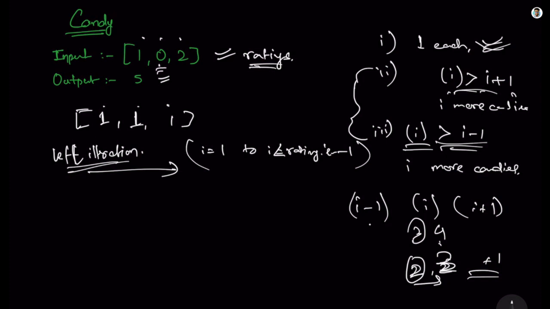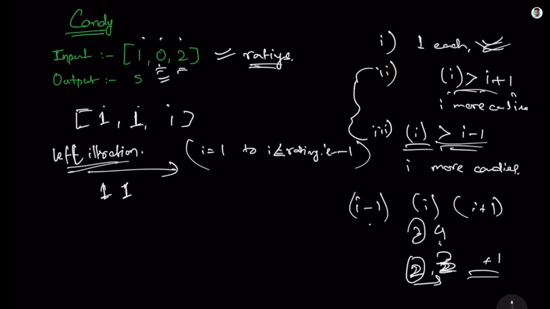So we will do the comparison. If 0 is greater than I minus 1, 0 is not greater than I minus 1, so we will not do anything. Similarly, the next thing we are going to do is compare 2. So in the second iteration, we got our 1 first, and it will be similar. Now we have got 1 candy over here also. And then for 2, what we are going to do,